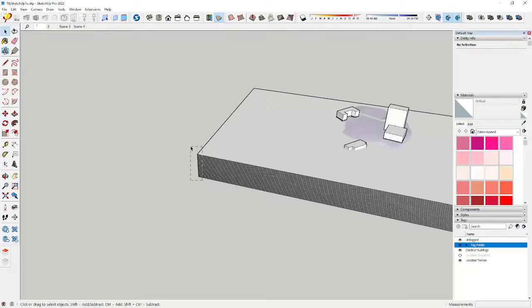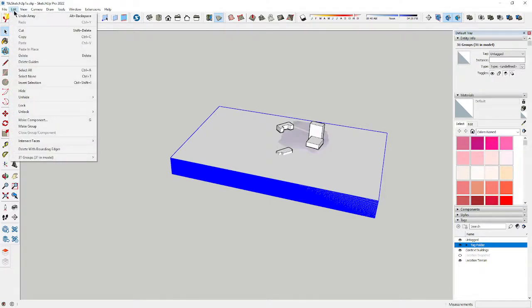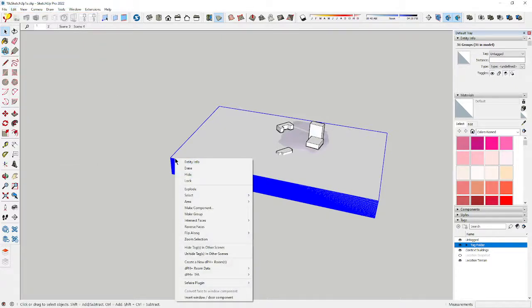I'm going to select all of these surfaces that I just made, and I'm going to come up here to Edit, I think is where it is. I don't do this very often. No, I think I'm just going to right click is what I do. Yeah, right click and go to Intersect Faces with Model. So I'm right clicking on the stuff that I selected, Intersect Faces with Model,